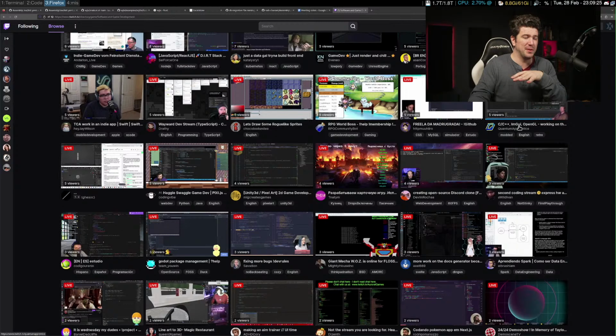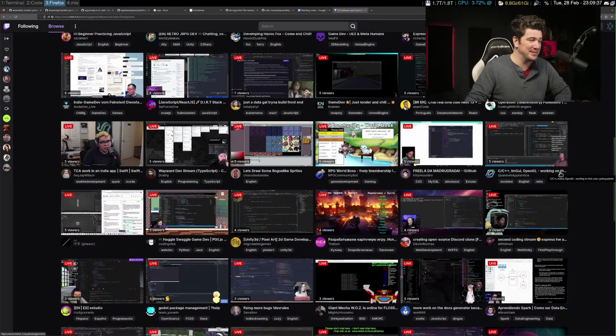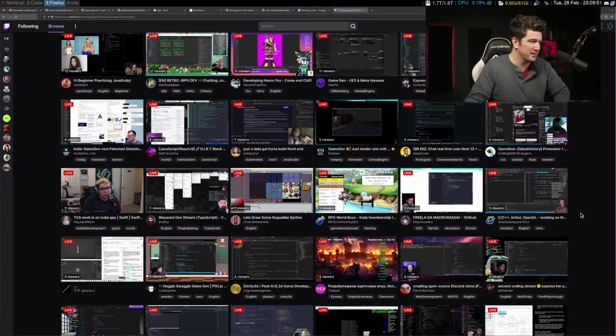Here's a C++. We're pretty big on Rust, but I did a lot of C++. I'm not sure if you guys like C++. I actually don't hate C++, if you're talking about C++20 and you don't use the old C++ that's still supported in the compiler. It's not horrible. But I don't do indie game.